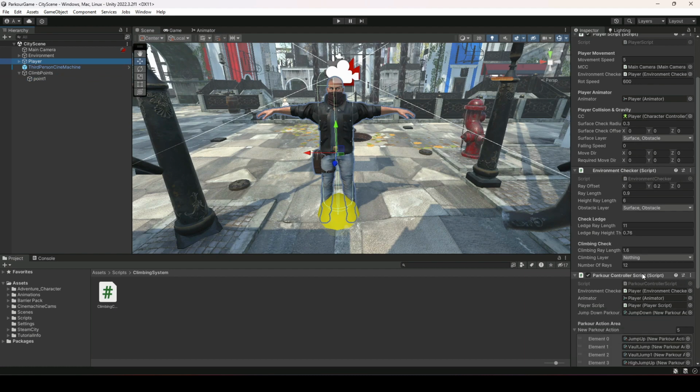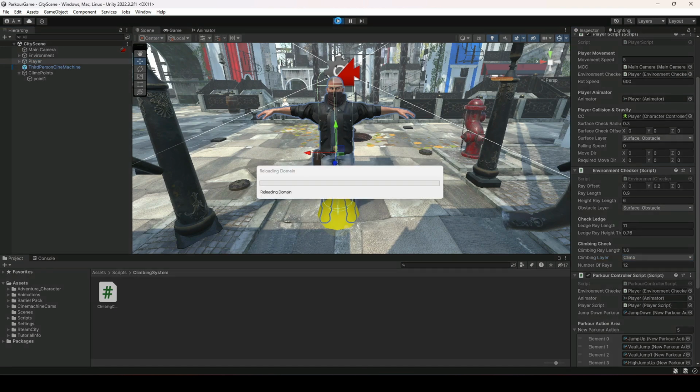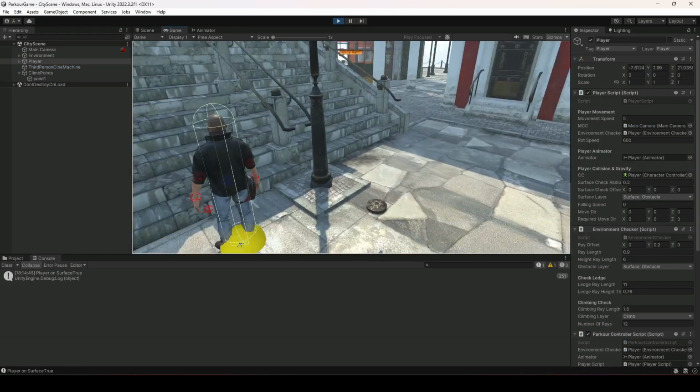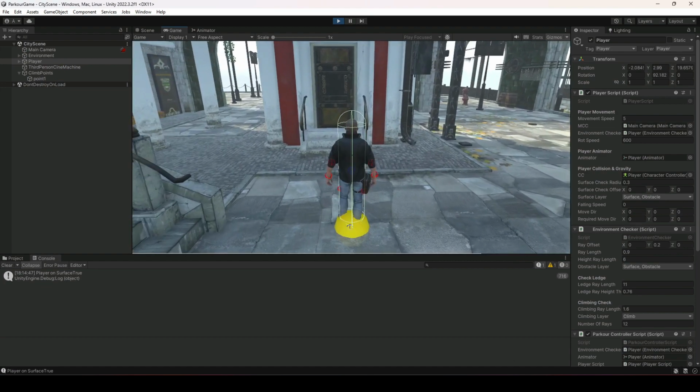Okay, right here we need to provide the climbing layer, so let's pass the climbing layer. We have the number of rays set up, and I think that is it. Okay, we are ready to test this out. I think it will show an error because we didn't pass the environment checker script to our